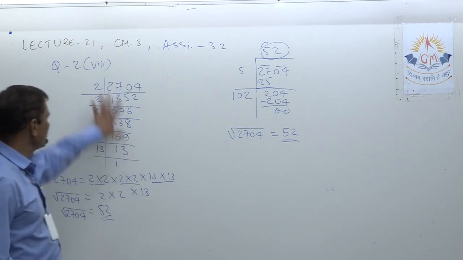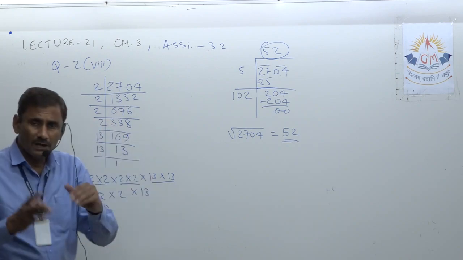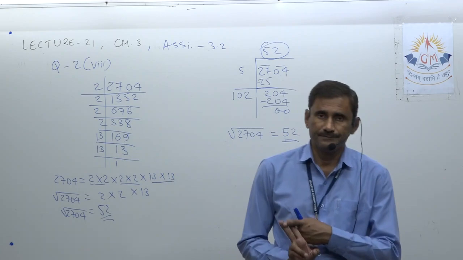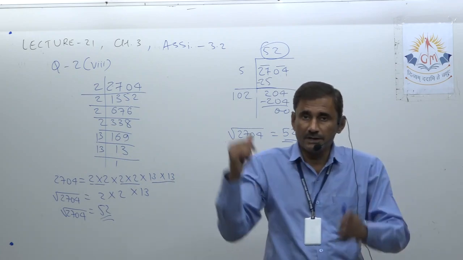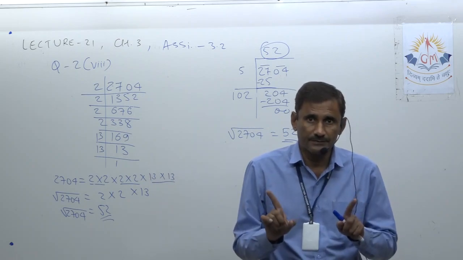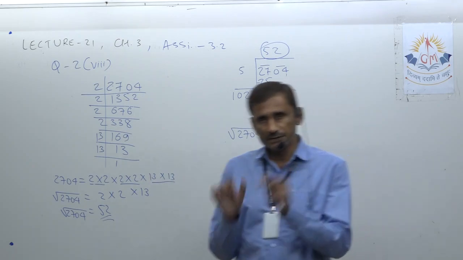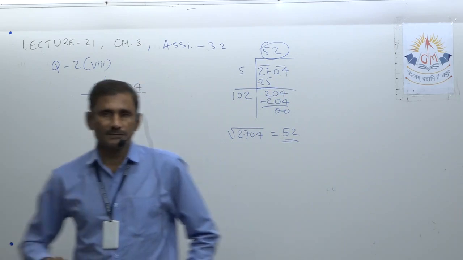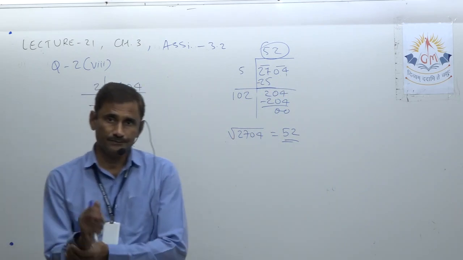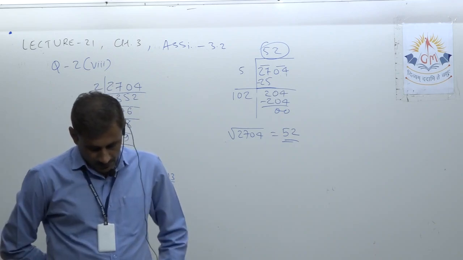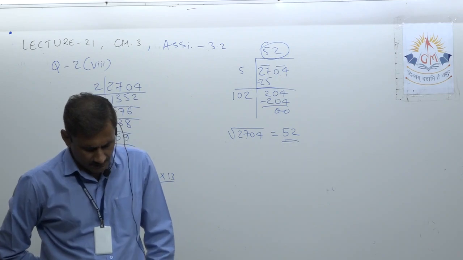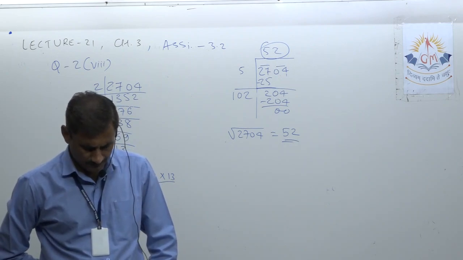They have asked for this method only here, but I am explaining both methods in parallel, and individually we went through both of them, so don't be confused. In the previous lecture we solved a few sums by the factorization method and a few by the long division method also. Let's solve one more sum. Now I am taking a sum from the third one.